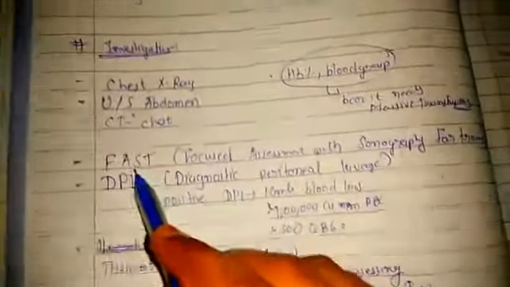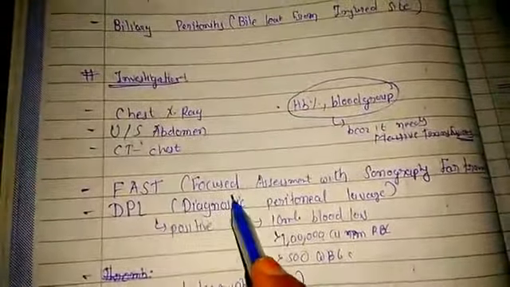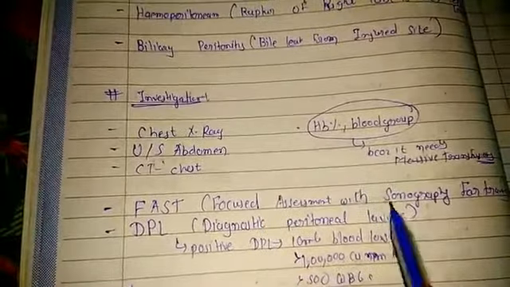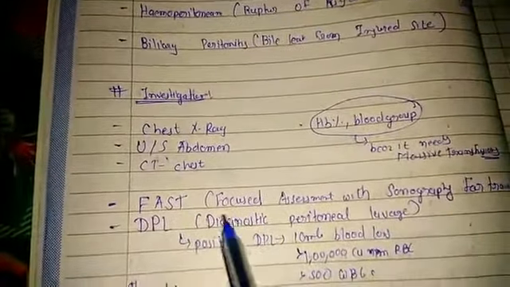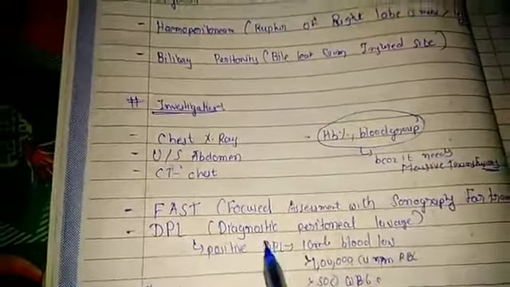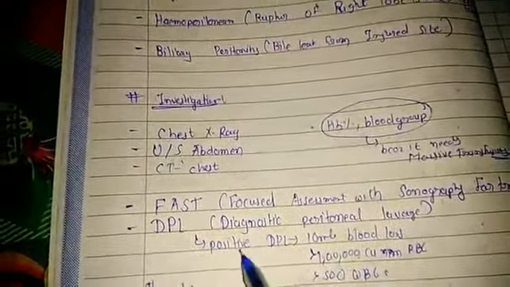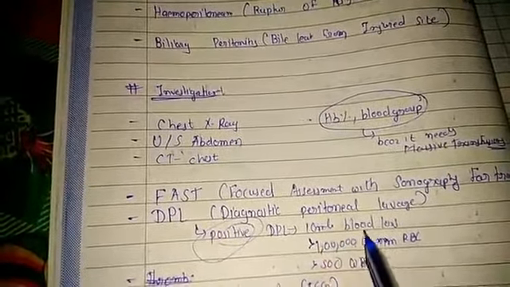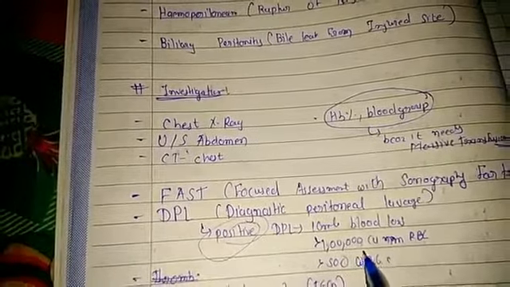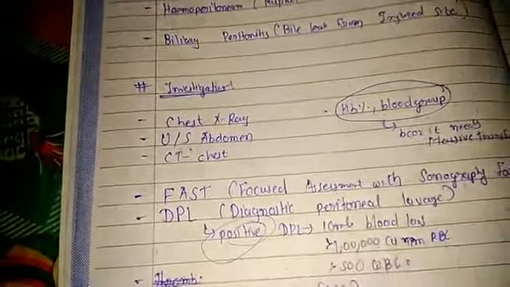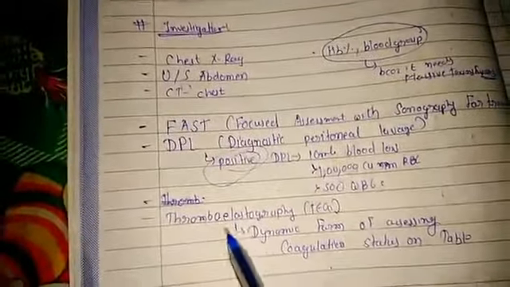Then the special investigation is FAST, whose full form is focused assessment with sonography for trauma. And the other one is DPL, meaning diagnostic peritoneal lavage. DPL is positive if there is greater than 10 milliliters of blood loss, greater than 1 lakh cubic mm RBC, or greater than 500 WBC. We can go for